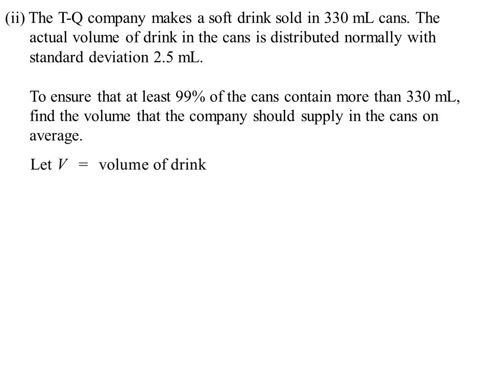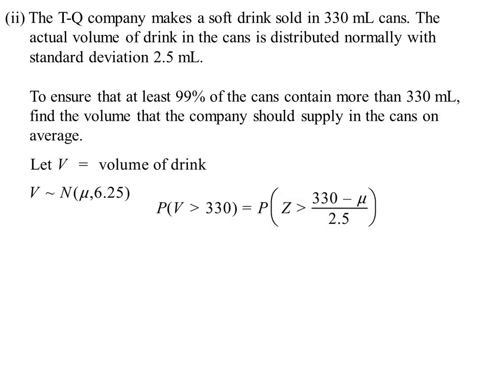V is going to be our volume of drink. So volume is normally distributed. It's the average we're trying to find because that is what we're going to set the machine at. The variance is 6.25. We want to know when is V greater than 330, which would be equivalent to finding when is Z greater than 330 minus this average, this number we're trying to find, divided by 2.5. So we're saying that cumulative one has to equal